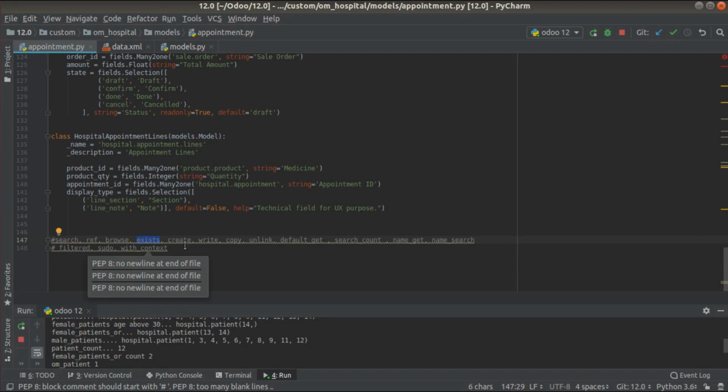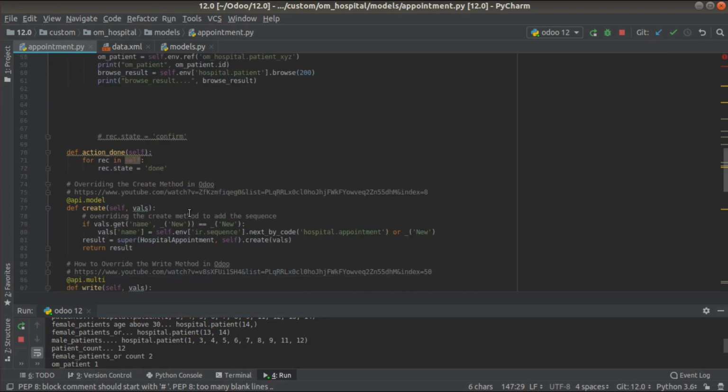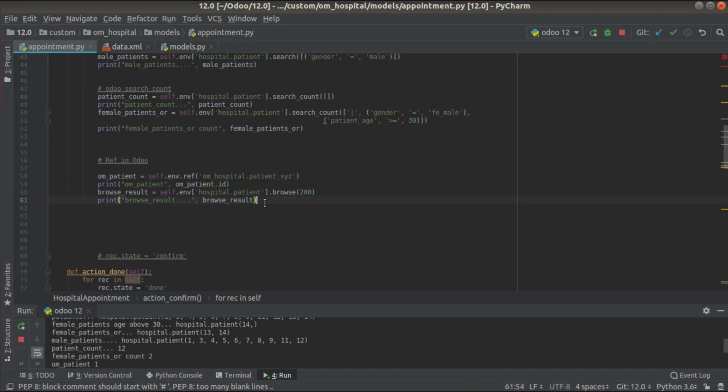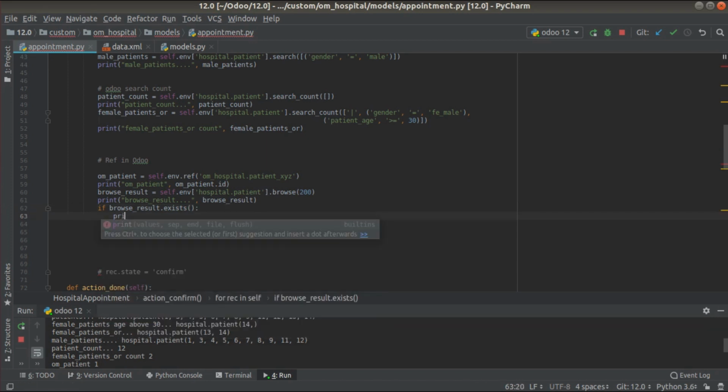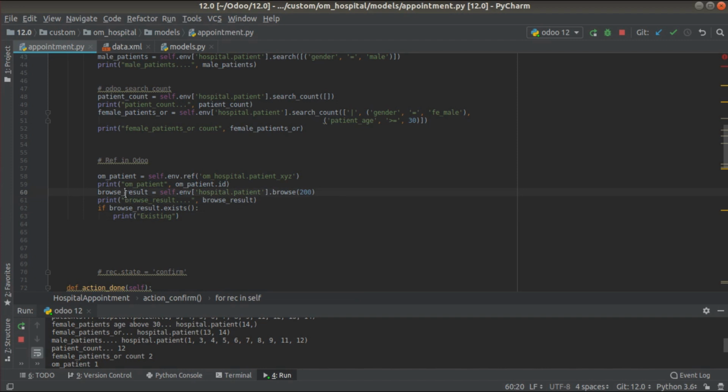I'll be copying it from here, and where our function is, I'll be adding a check: if browse result exists. So what does the exists ORM method check? It will check whether such a record is there inside the database or not. Let me add a print statement: existing record, that is inside the browse result variable we have the search result, and I'll be using the exists method to check whether it exists or not.